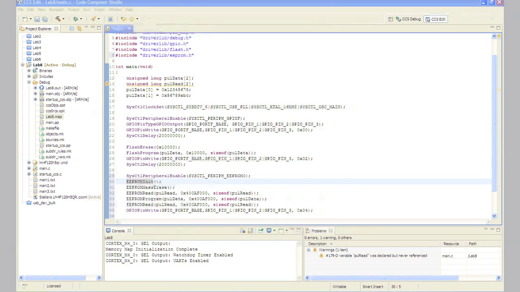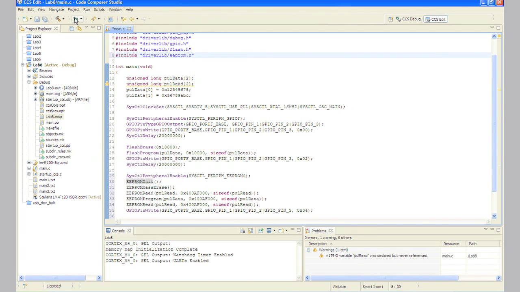One thing I'd like to mention here is you might think that we'd be able to open up the memory browser and take a look at the EEPROM, but it's actually a peripheral. You have to read it using code. You really can't go in and take a look at it in the memory browser. So in step 18, your code should look like the code that you see in the box below. If you're having issues, this code's located in the Lab 8 CCS folder as